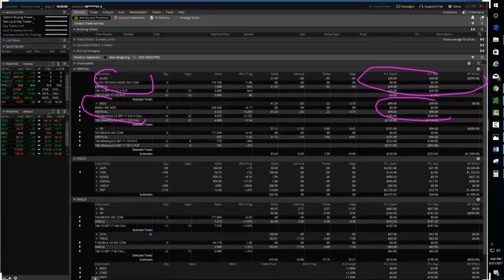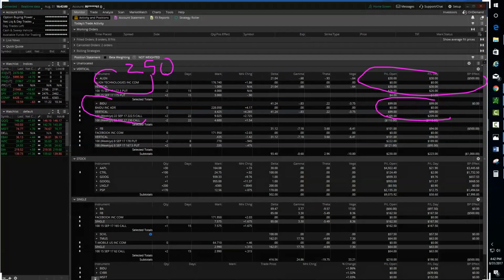You need to control your risk and put small amounts in every single trade. Like this trade, I think I only risked like $250 maybe. This Baidu trade, I risked more, about $800. All right, this one's just taking off. I'm already up $100. This one, Facebook, I really wish I would have posted this one.